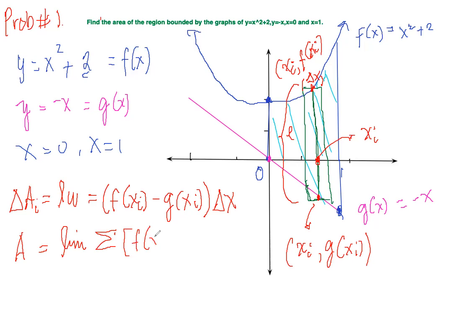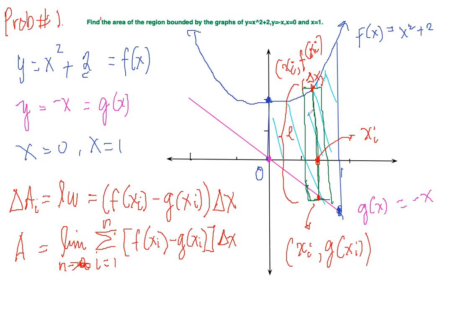That's f of x sub i minus g of x sub i times the change of x, since the change of x or delta x are all equal in all the rectangular strips here, where i is equal to 1 until n, and as n approaches infinity. Okay, so we need to have an infinite number of rectangular strips for us to actually measure the actual area